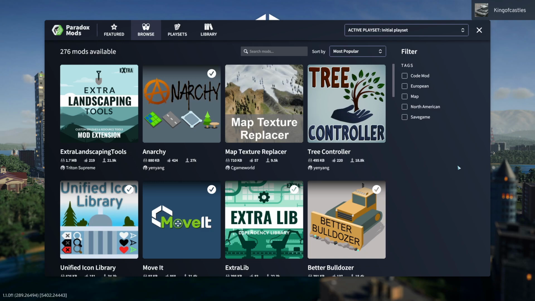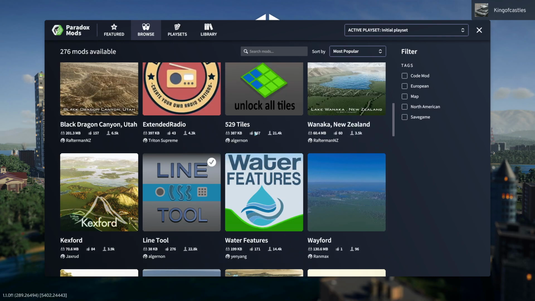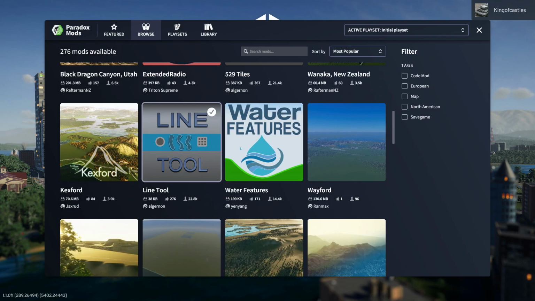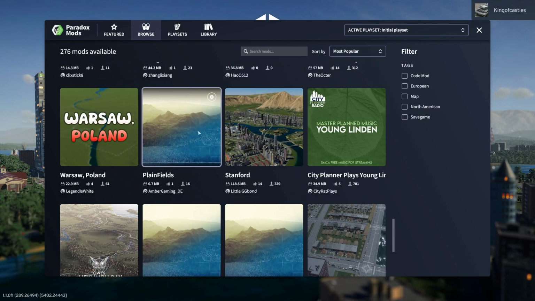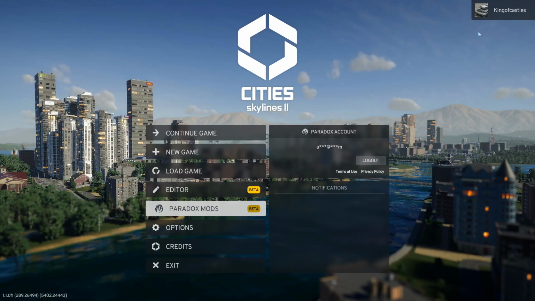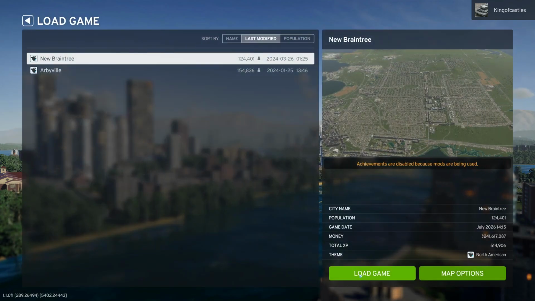There's no smart modifier though, so Bulldozer, like automated or whatever. There is a whole bunch of nice stuff over here from what I can tell, so... Oh, we got the line tool. But nothing really interesting as of right now. You know, we've got a lot of maps over here too, but this is just the very basics. So we're going to see if these mods can help us out. Otherwise, this could be a little bit problematic, so...